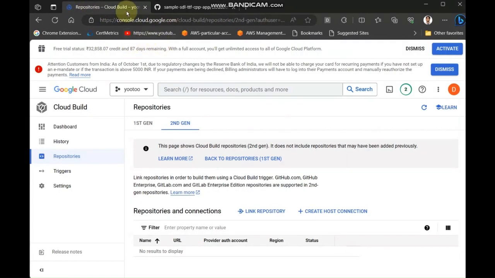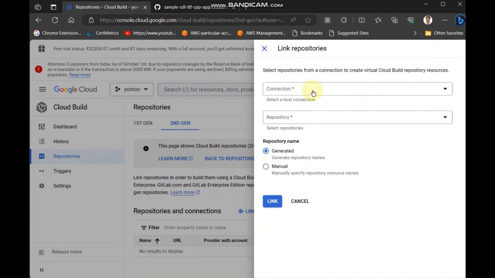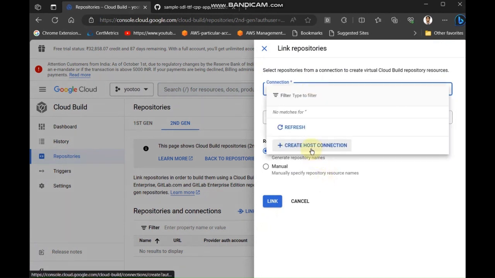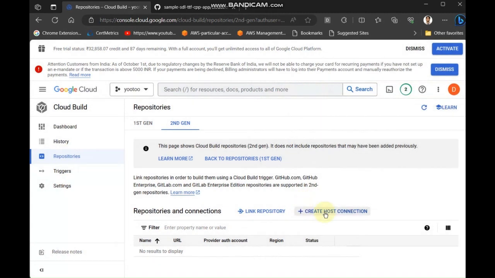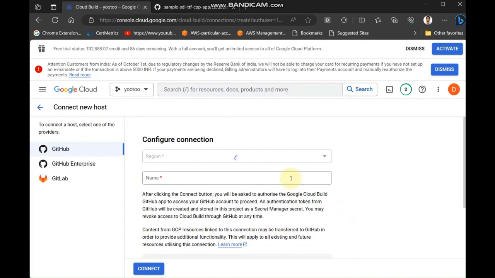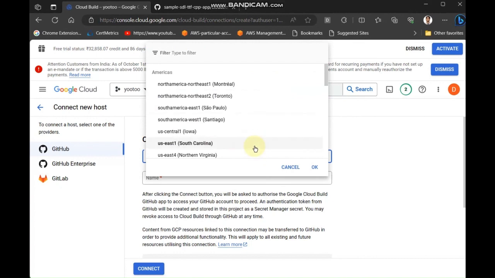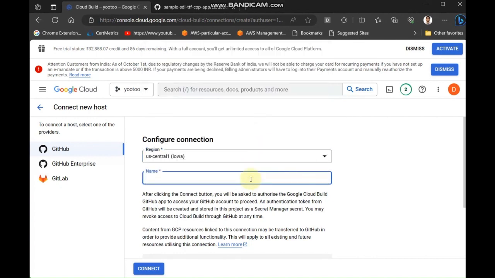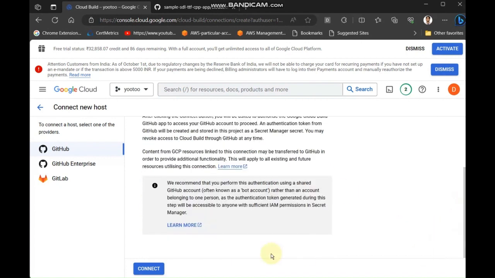So in Google Cloud I have Cloud Build open, and in Repositories second gen I will say link repository. It asks me to create a host connection first, so let me do that. Create a host connection. Region I will choose US Central 1. Name, let me name it build 1. Connect,